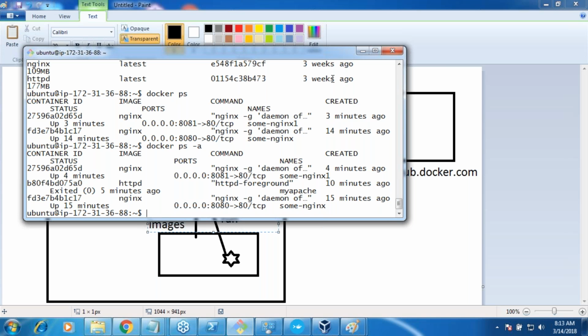In Docker Hub, the image time you are seeing is when this image was created, 3 weeks ago. And the containers time is something which we created. Image we have not created, we have downloaded. Are we good on that approach? Whoever created that image created it 3 weeks ago. That's the stuff which you are seeing.